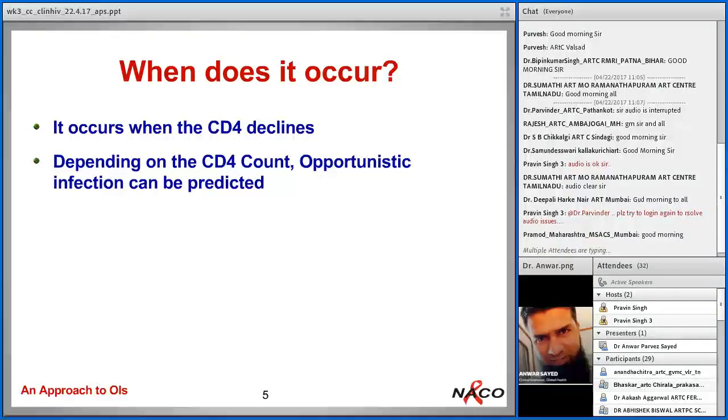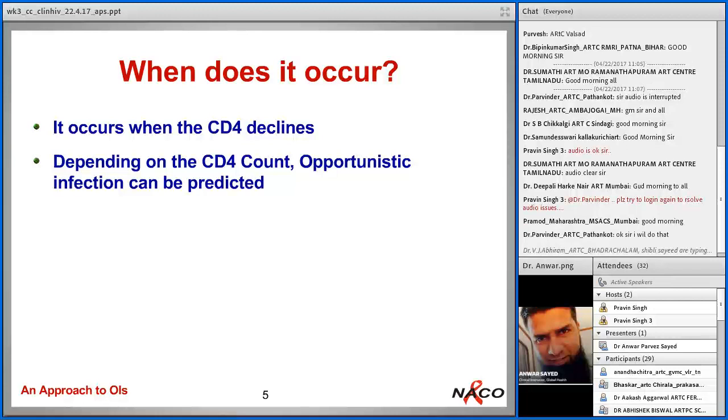First is the level of CD4 count. We know that if CD4 count is very low, that is below 200, the risk of serious OIs will increase. So suppose a person comes with dyspnea and dry cough or fever for a few days, and on X-ray you are seeing nothing. In PLHIV of course, before thinking of some other